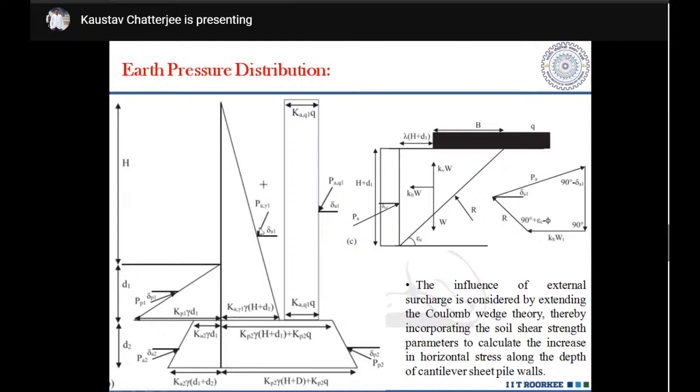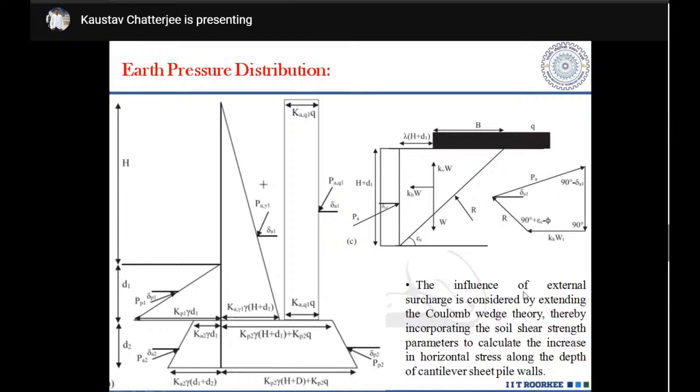That is the direction in which the active earth pressure and the passive earth pressure act. It is inclined. Why? Because we have considered the soil-wall friction angle, delta, over here. So basically, a Rankine analysis cannot be done. And this particular figure represents what I have drawn separately for the surcharge in this zone 1.